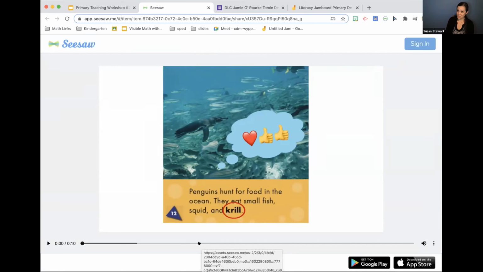So what's happened is the student is reading a piece of text and we were trying to make some text to self connections. And we were talking about a penguin's diet. Let's listen to what the student has to say